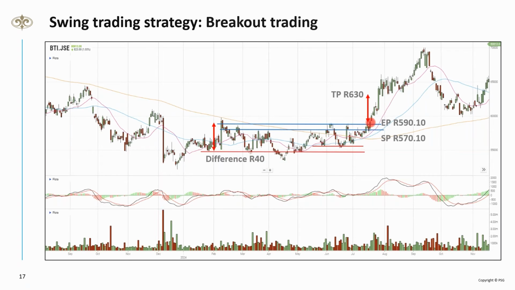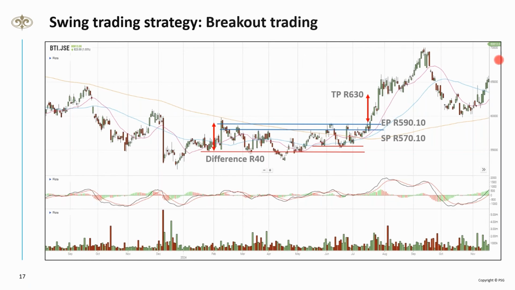So I would have bought it at 590. Whatever the difference was, I add on to the 590, which gave me the target price of 630. Yes, with hindsight, I can see it went up further, so it's still great. I would have brought my stop loss up higher. But for now, I'll just put my stop loss halfway, which would be roughly about where my moving average coincides with this previous support. So roughly about there would be my stop loss, which is 20 Rand. Remember, I want to risk R1 to make R2, so as long as my ratio is 1 to 2. That's how we talk about the stop loss. 20 Rand less is 570.